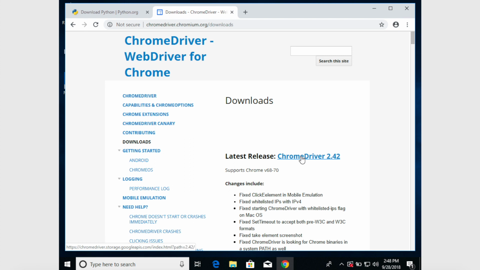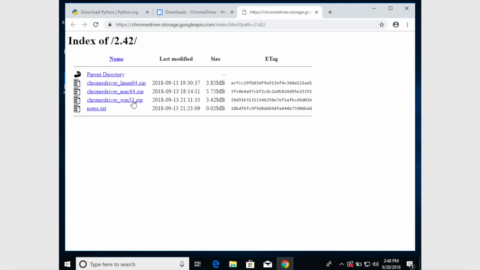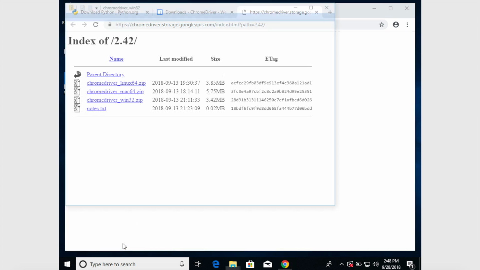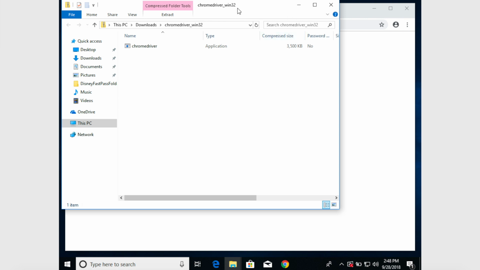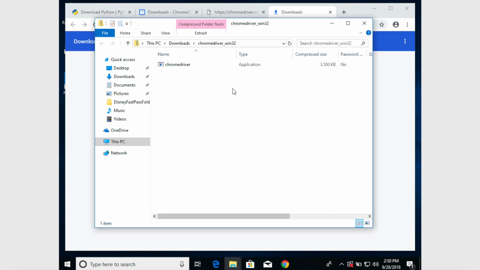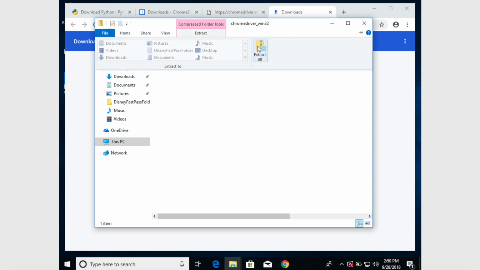It doesn't matter what version it is, just make sure it says latest release. Click on win32.zip, and it should download pretty quickly. Click on it, and it will open up the file explorer. When this screen pops up, you're going to want to click extract all,